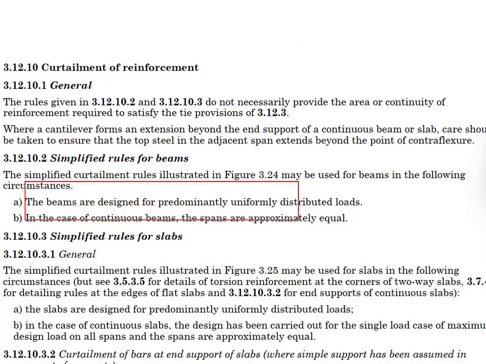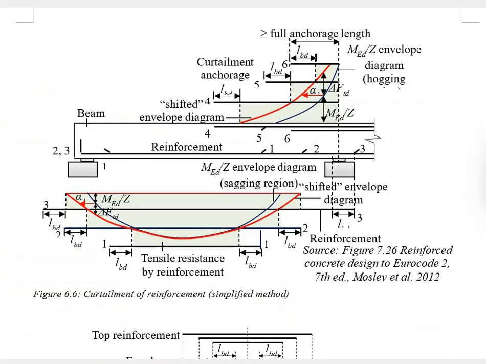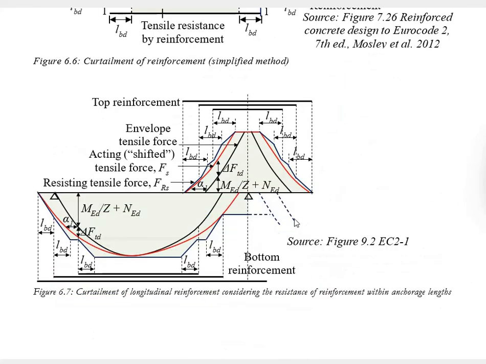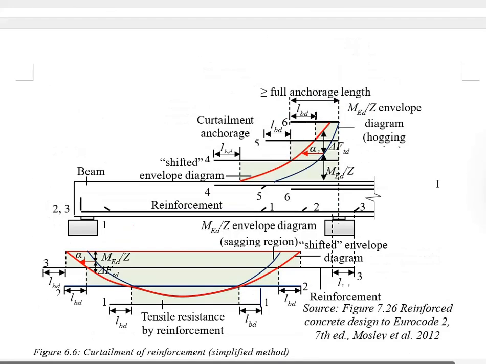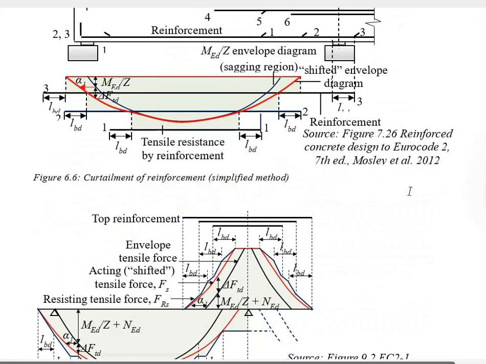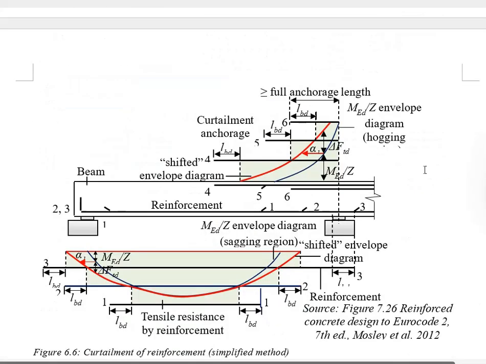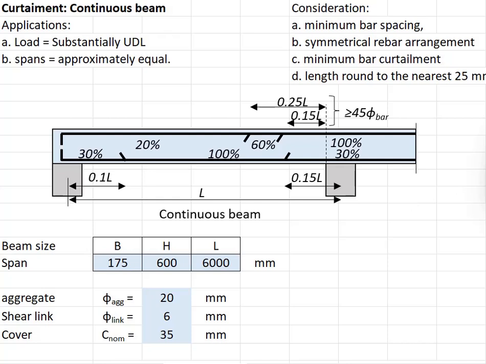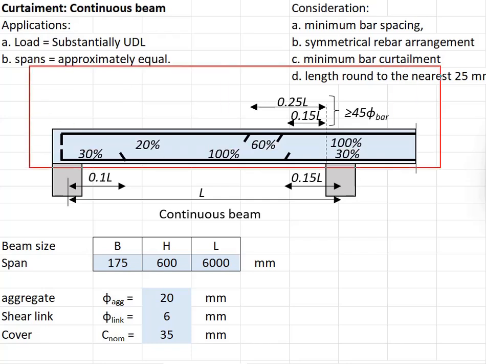In case that these two requirements are not fulfilled, you can still do the curtailment, just that you need to use the fundamental approach, either by using the simplified method or the Eurocode method. Just that both of these fundamental methods are rather tedious. Both of these methods we have discussed in our previous videos. Today we're going to focus on doing the curtailments of the reinforcement bar for the continuous beam using the simplified